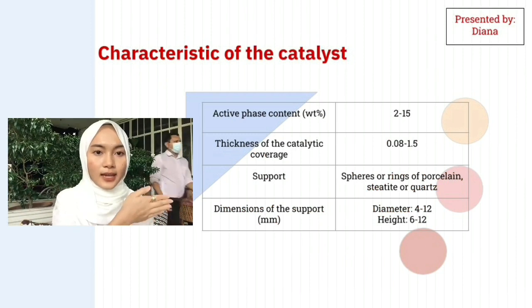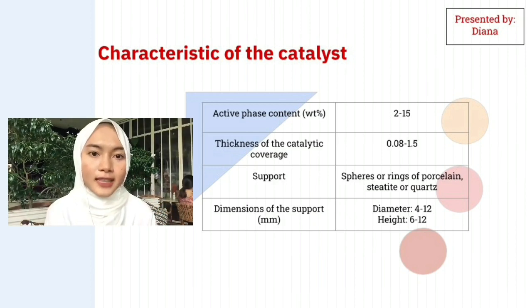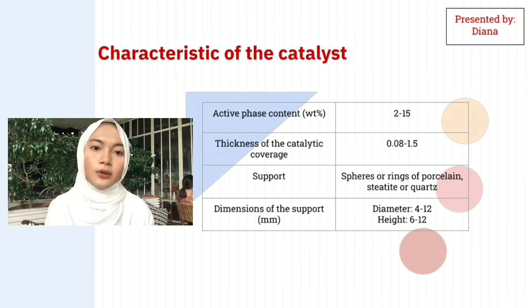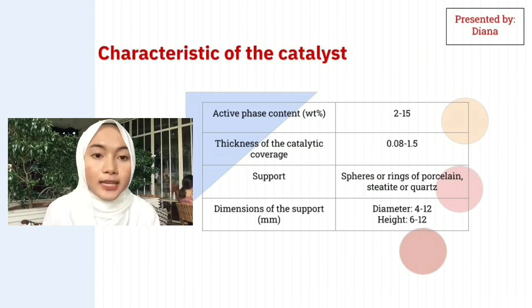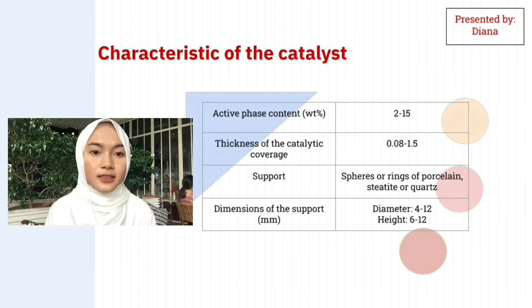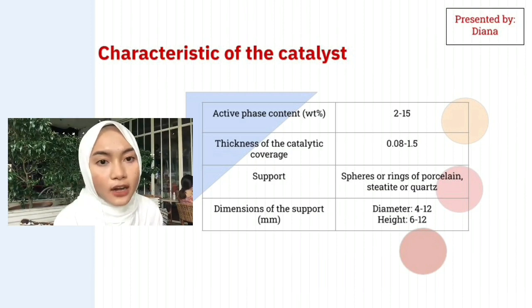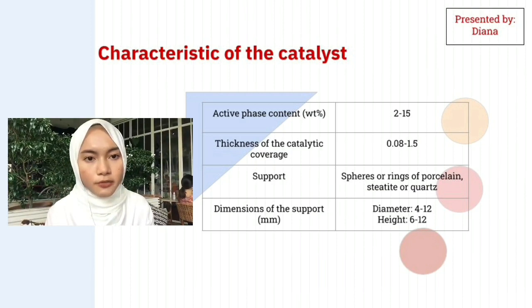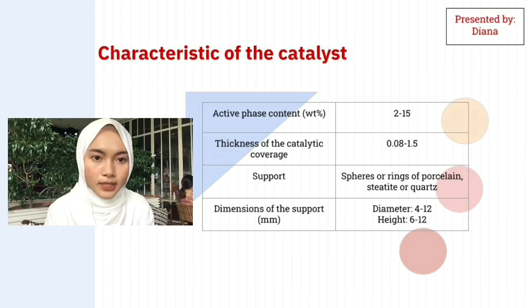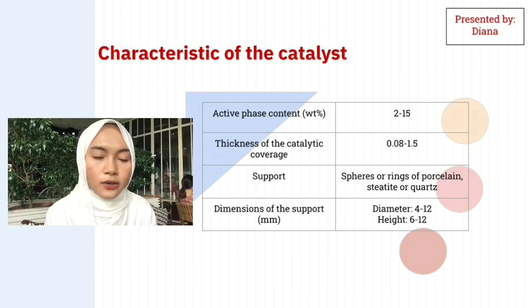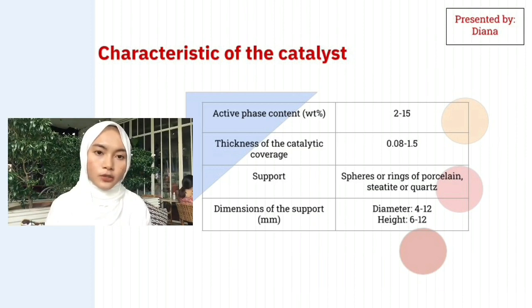The table beside shows the characteristics of the catalyst where it operates at optimal conditions. So let's go through the table one by one. The active phase of the catalyst is between 2 to 15%, which shows high performance. The thickness of catalytic coverage is about 0.05 to 1.5 millimeters, supported on anatase or quartz. The dimension of the catalyst: the diameter is between 4 to 12 millimeters, while the height is between 6